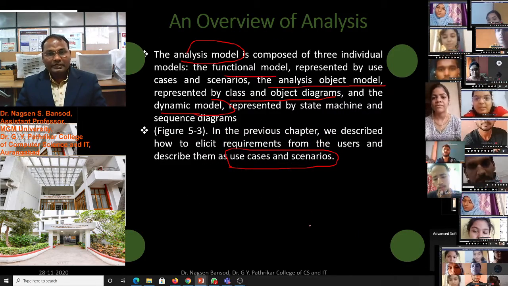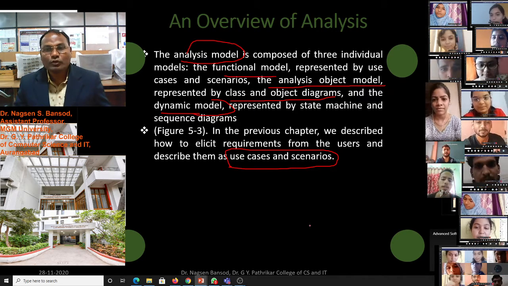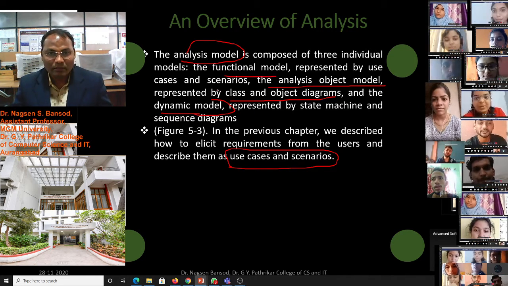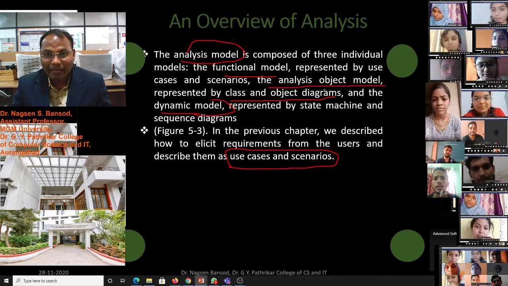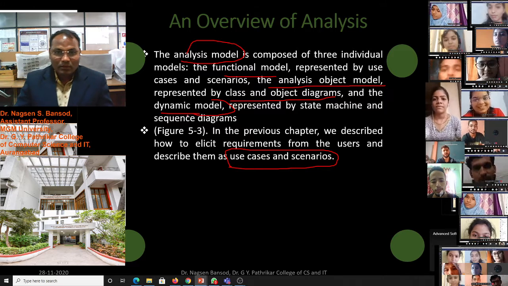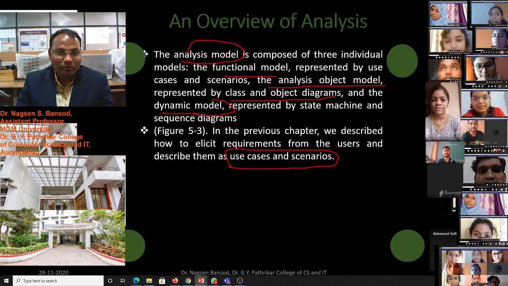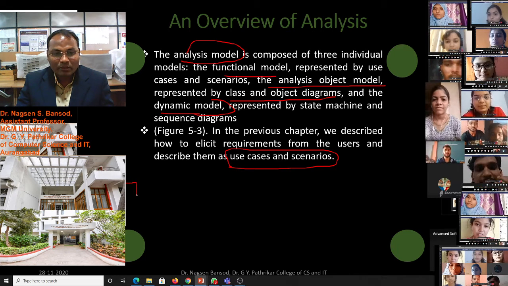So the model is composed of three individual models. These are the functional model, the analysis model and the dynamic model. The functional model represents use cases. For the functional model, suppose we need a printout from the computer.